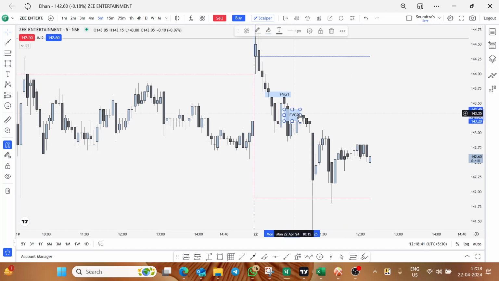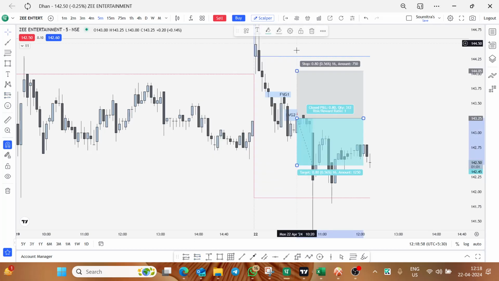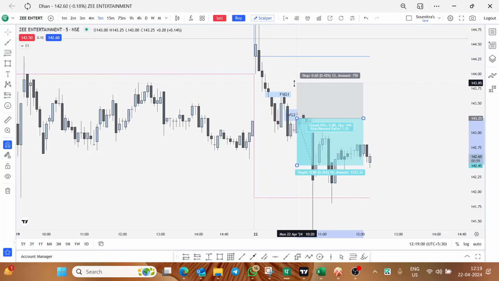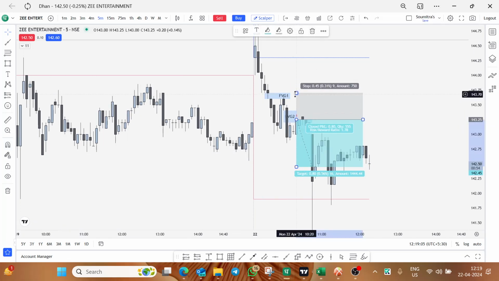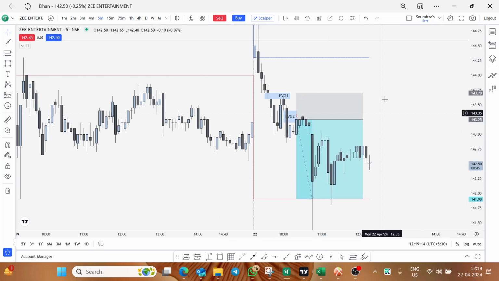So based on that, as you can see here, we took our entry from here. So this was 143.2 where we entered, 143.2. So this was the entry point. The stop loss was right above this point here, and our first target was, as we were mentioning, the previous day low, which is this red line. So as we can see,